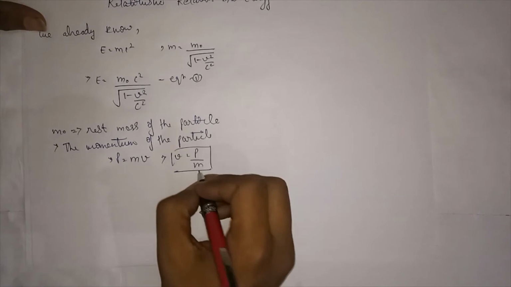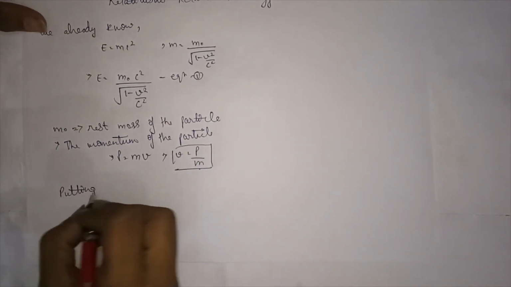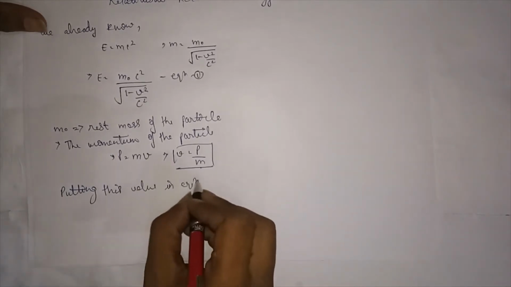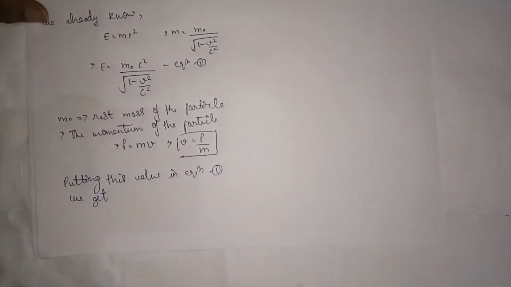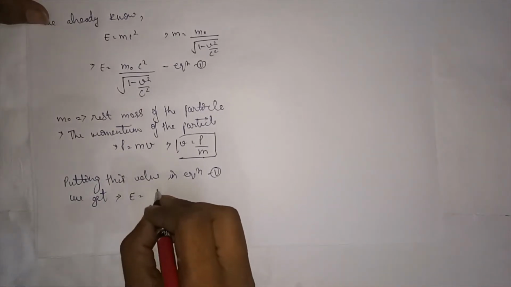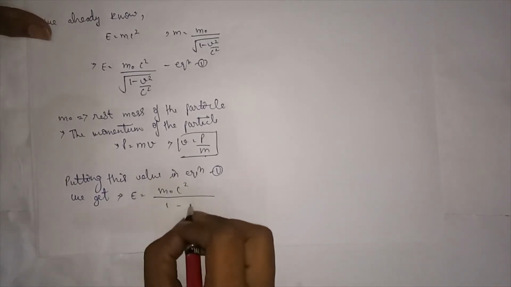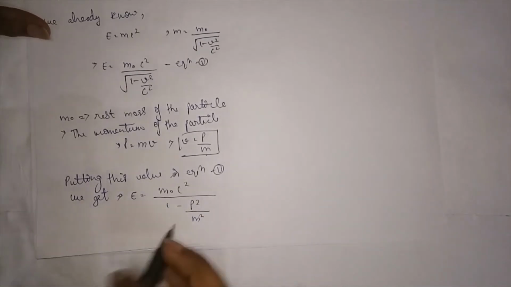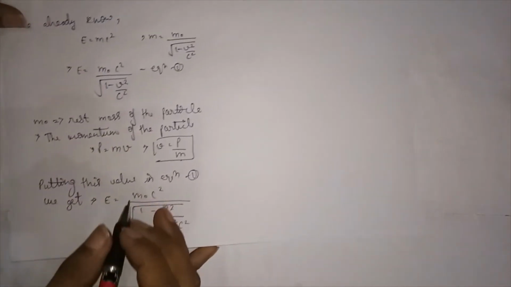Okay, now putting this value in equation number 1, we get E equal to m naught c square upon under root 1 minus p square upon c square. Okay, now moving forward,